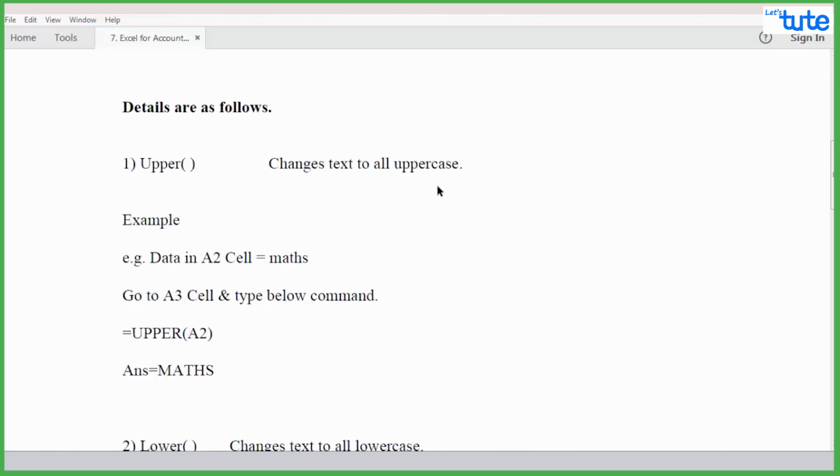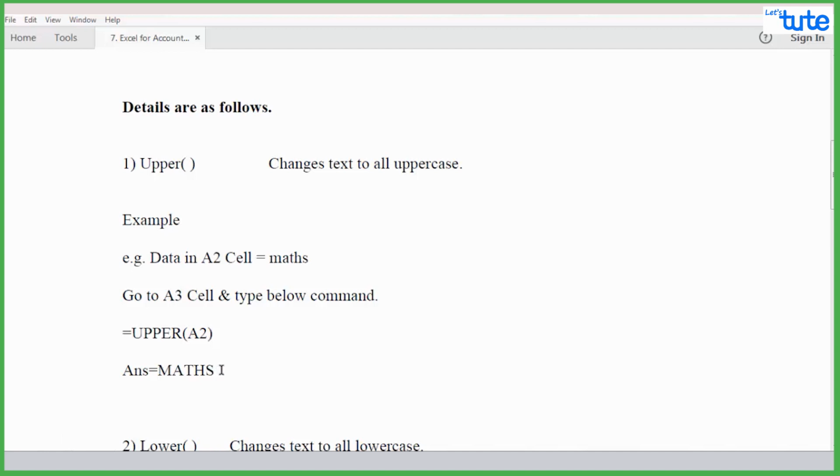In the upper function all text will be in capital letters. I have given an example also. For example, in A2 the data content is maths, all in lowercase. So I am applying in cell A3 the command equal to upper, bracket open, A2, bracket close, and my answer is in uppercase, all characters in uppercase.